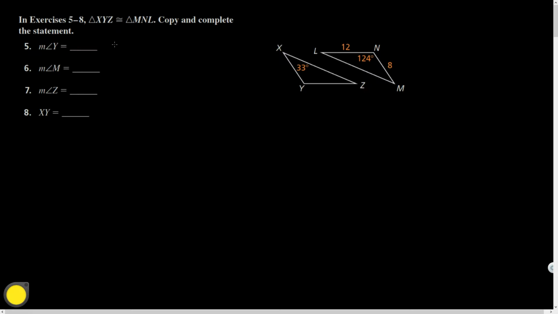So let's see. Here it says these two triangles are congruent. Copy and complete the statement. If these two triangles are congruent, then all of their corresponding parts are going to be congruent. So angles will be congruent to angles, sides will be congruent to sides, and then by definition of congruence, all of those measures will also be equal, which is what this is describing here. So the measure of angle y is going to be equal to the measure of angle n, which I'm guessing they want me to just say 124